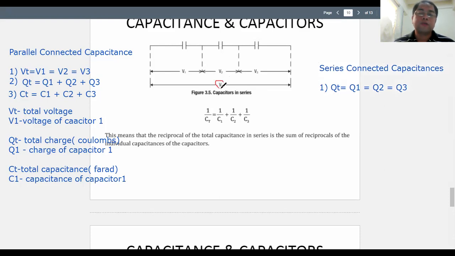So if this is our source voltage, no, this is the battery. The battery is connected from this end to the other end, from the first capacitor to the third capacitor, that is their connection. And if you'll notice, if you connect these capacitors to the battery below, you'll realize that this is the total charge here that comes from the battery,